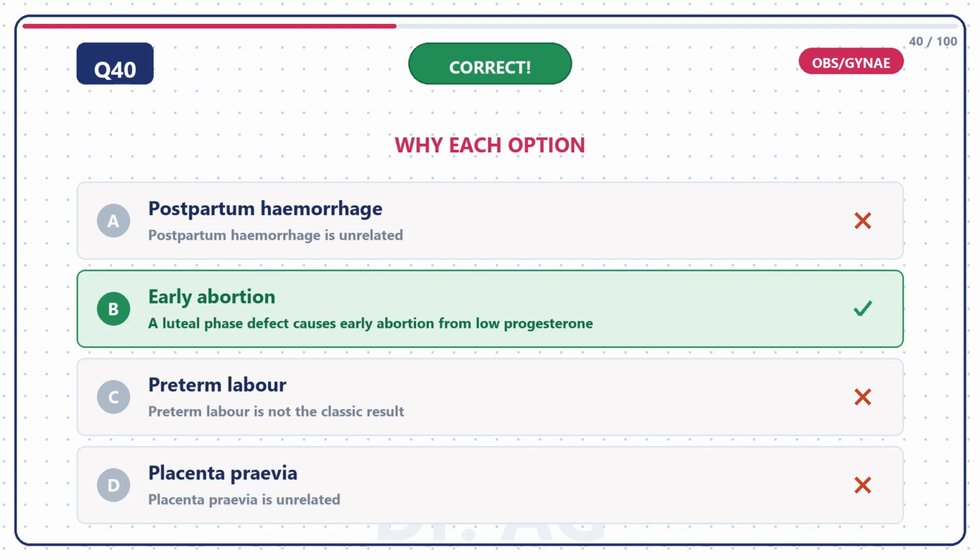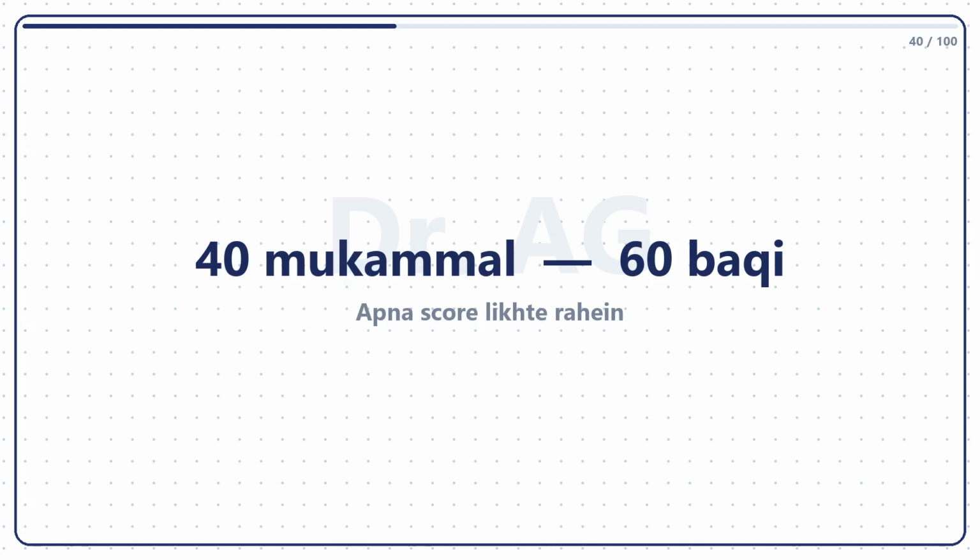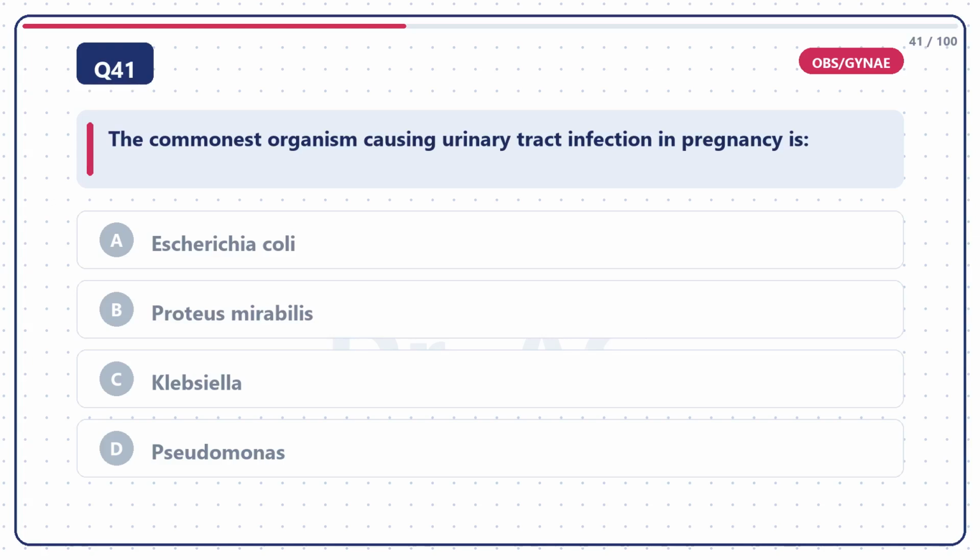A luteal phase defect causes early abortion from low progesterone. So, the right answer is option B, early abortion. Question 41. The commonest organism causing urinary tract infection in pregnancy is option A,